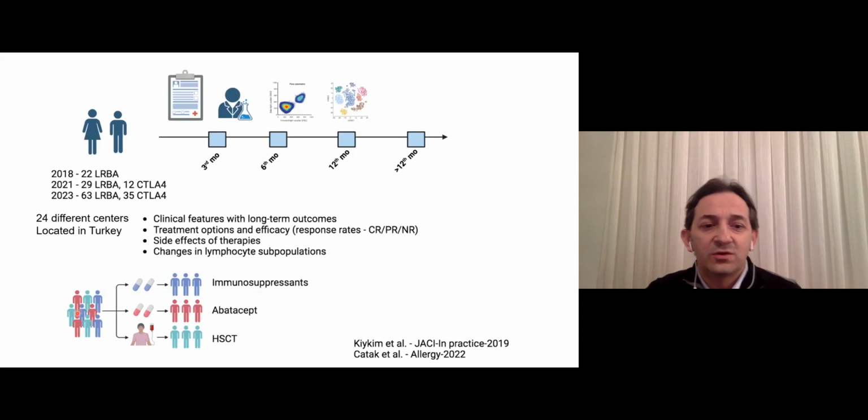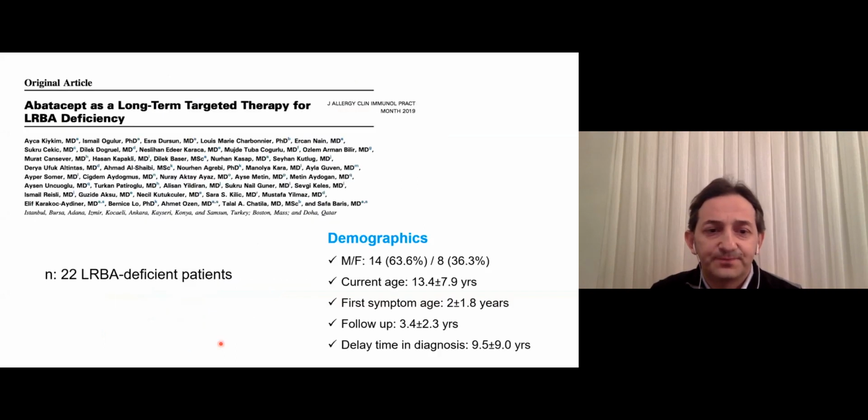So as a goal in this cohort, we are looking at how we can treat those patients precisely, especially in terms of the immunosuppressant, abatacept, or hematopoietic stem cell transplantation. So here this is our first publication. It's published in the JACI in Practice in